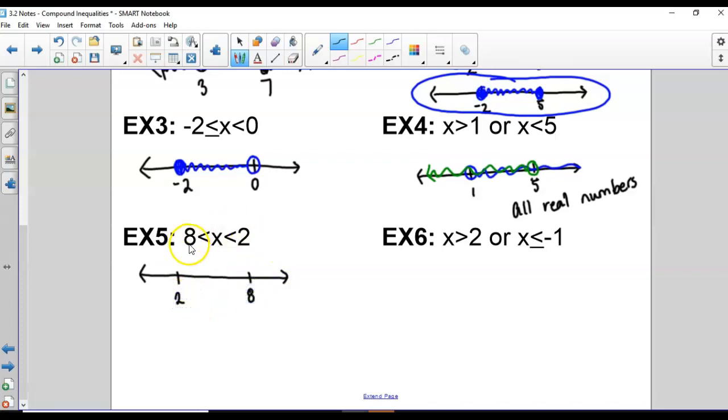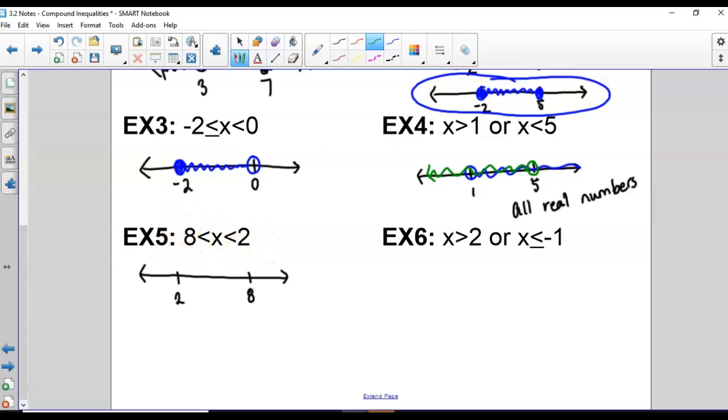So we're looking for all the numbers where 8 is less than x. So 8 has to be below the numbers, so that would be up here. But x is less than 2, so that would be all the numbers over here. One thing we can do for this is anytime that the inequality is written all together like this, it's an